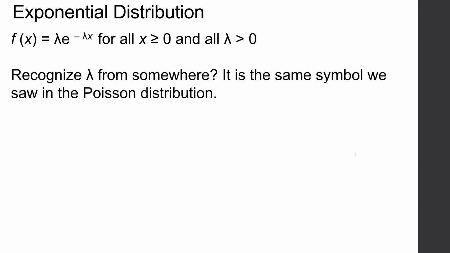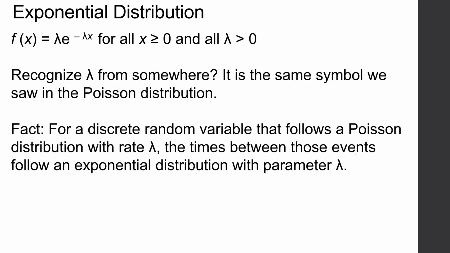Now, do you recognize the lambda from somewhere? That setup sounded an awful lot like the Poisson distribution, and that's because it was. The lambda is the same symbol that we saw in the Poisson distribution. For a discrete random variable that follows a Poisson distribution with rate lambda, the time between those events follows an exponential